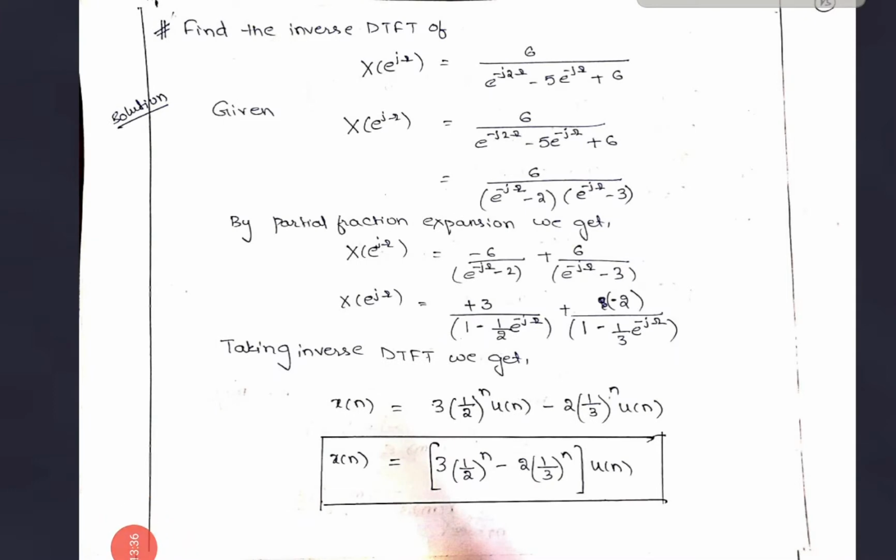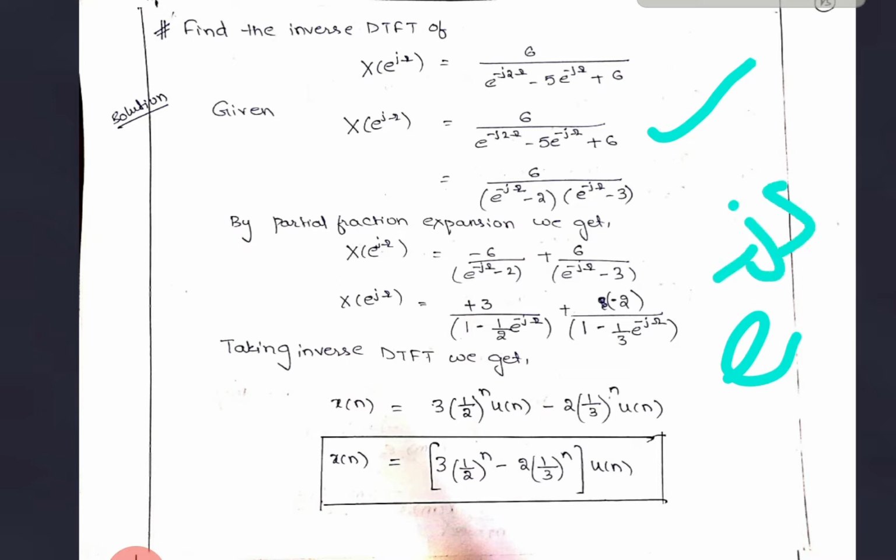Find the inverse DTFT of x of e raised to j omega equal to 6 divided by e raised to minus 2 j omega minus 5 e raised to minus j omega plus 6. Here x of e raised to j omega is given, and you have to find x of n, the inverse DTFT. Therefore you can write e raised to minus j omega whole square. For convenience, in the rough work you can take e raised to minus j omega as some p or r,